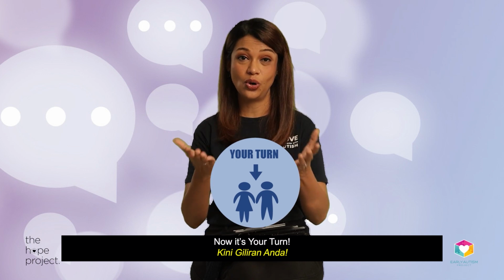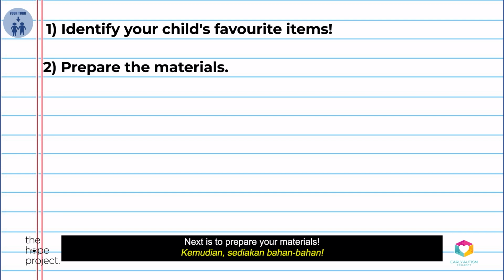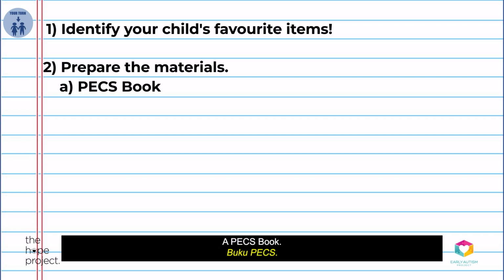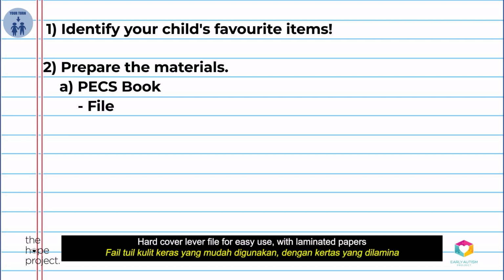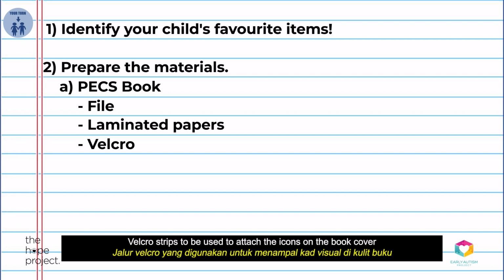Now, it's your turn. Firstly, identify the most preferred items that your child really loves. Next is to prepare your materials. A PECS book, which is a hardcover lever file for easy use with laminated papers or thick boards as the pictures inside the book. Velcro strips to be used to attach the icons on the book cover as well as